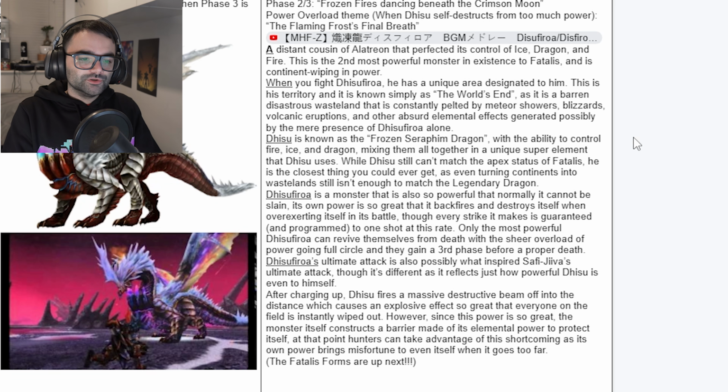That perfected its control of ice, dragon and fire. This is the second most powerful monster in existence to Fatalis, and is continent wiping in power. When you fight him, he has a unique area designated to him. This is his territory, and it is known simply as the World's End, as it is a barren, disastrous wasteland that is constantly pelted by meteor showers, blizzards, volcanic eruptions, and other absurd elemental effects generated possibly by the mere